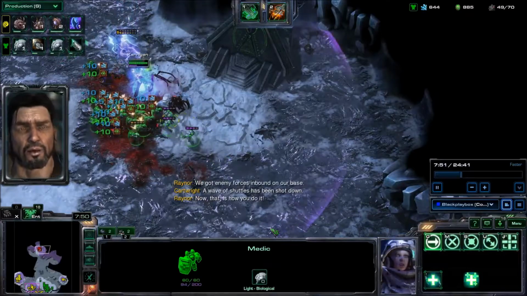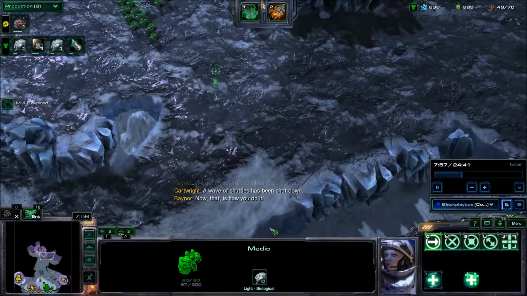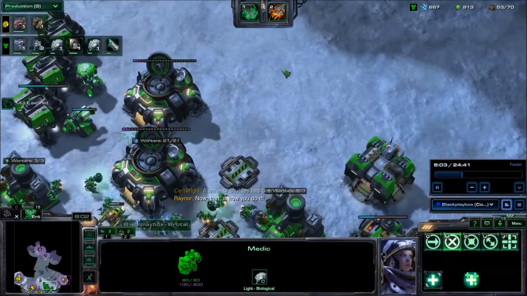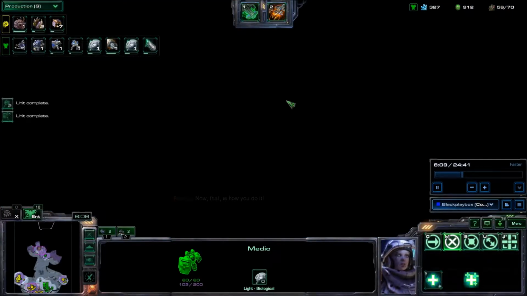A wave of shuttles has been shot down. Now that is how you do it. For other players who watch me play co-op, you notice that I like to use my Hyperion on the first shuttle wave right here, and that will allow me to take out the first shuttle waves even before...